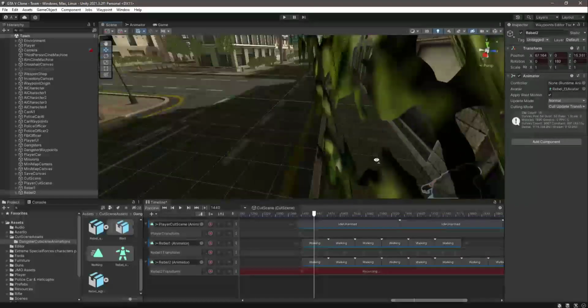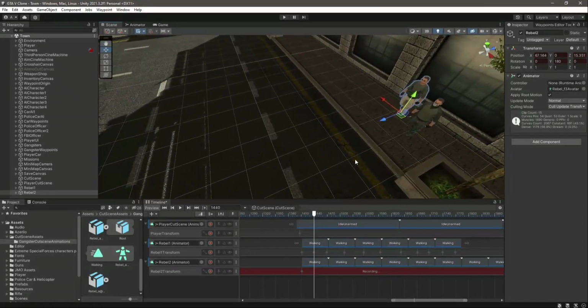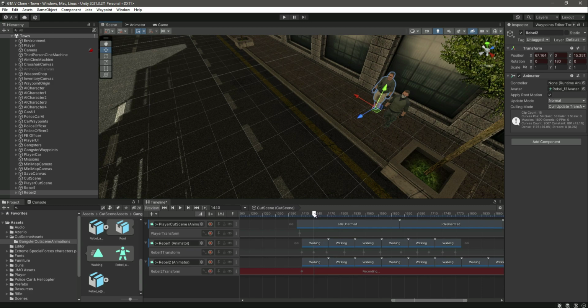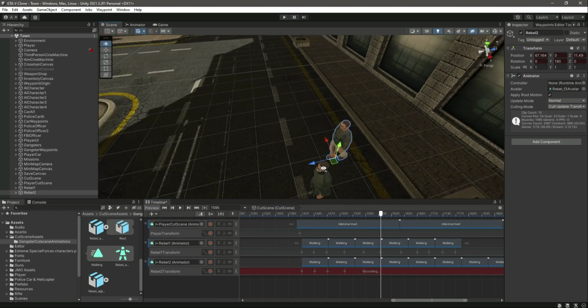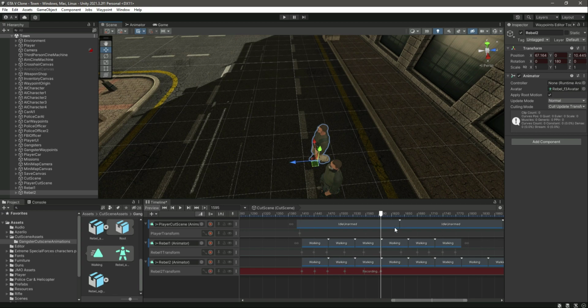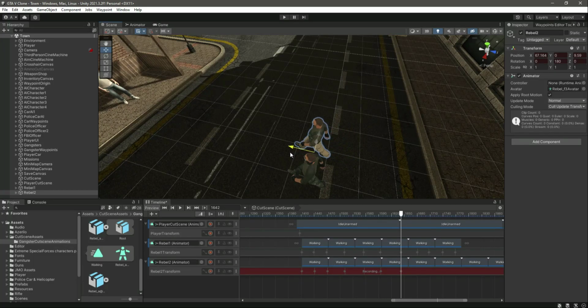what we will do is move him according to the rebel 1. Let me check it out. Okay, there he is. So let's move it to this point. Then let's move it right here, then move him right here as well, then move him there, move him there as well, then right here, so move him right there as well, then just move the rebel 2 right there, then in the same way. Okay,